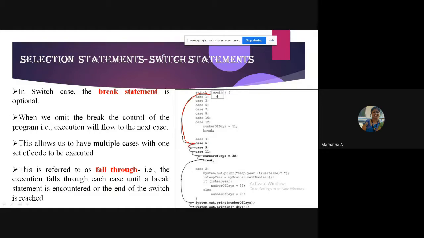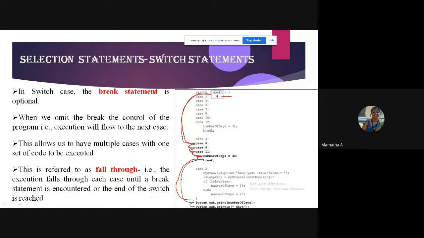Then it will jump to case 9 because there's no break statement. Then it moves to the next case, case 11. From case 11, you can see number of days is equal to 30. Then it will encounter break. When it encounters a break, automatically it will be out of my switch case, and I will print the number of days, whatever is there. Hope you are getting this.